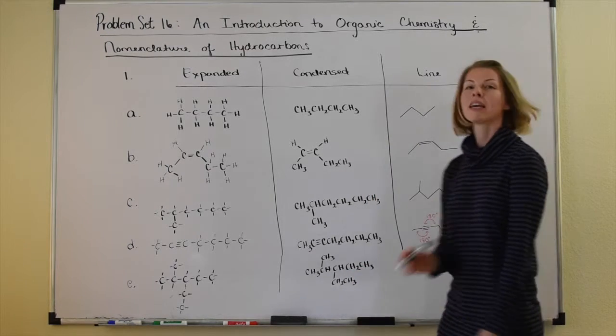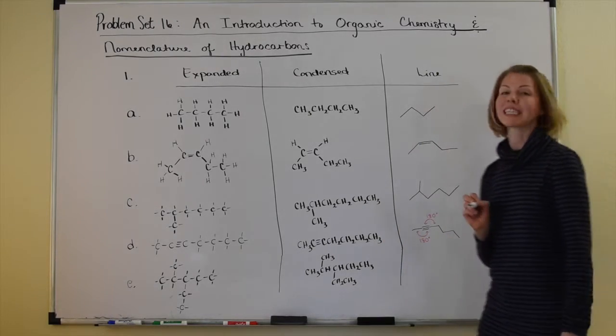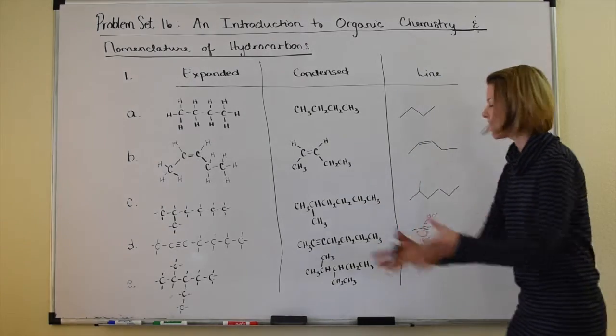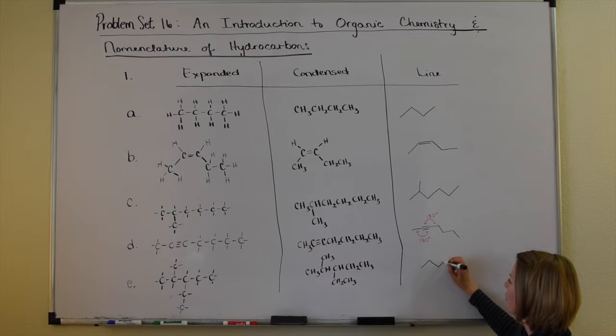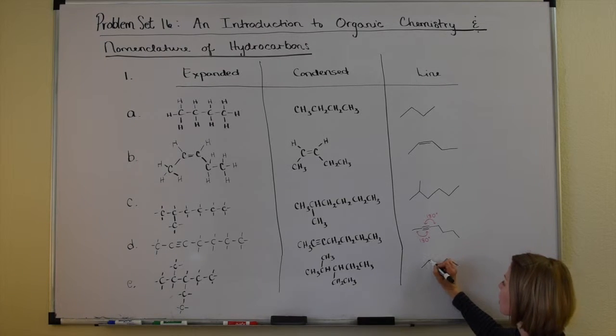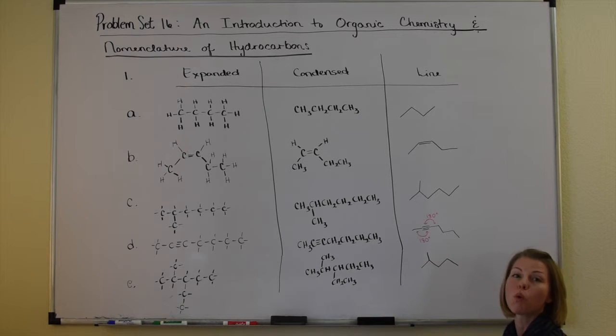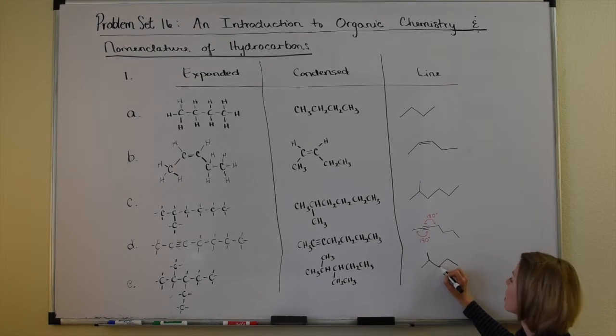Okay. Line structure, again, fastest and probably the easiest. Once you get the hang of it, put your pencil down for the first carbon. 1, 2, 3, 4, 5. Off of that second carbon, there's a 1 carbon branch, so just draw 1 line out for your 1 carbon, your CH3. And then off of the 1, 2, 3, the third carbon of that pentane chain, there's a 2